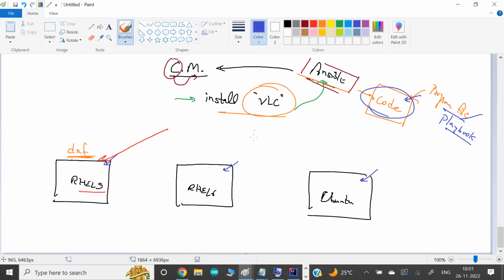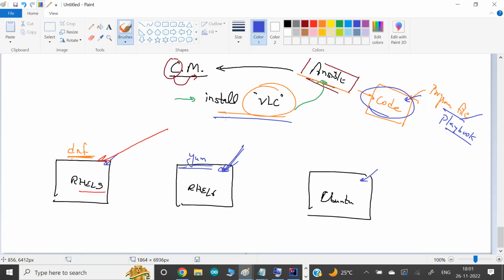If we run it on top of Red Hat 6, again Ansible is intelligent and knows that in Red Hat version 6 the command is not DNF, it is yum. So Ansible will call the right command and ask yum to install it. Again, I'm going to repeat: Ansible is not going to install the software for you. Ansible is going to use your native commands only. Ansible knows which command to call. You don't have to learn, you don't have to increase your knowledge. Ansible will call the respective commands for you.